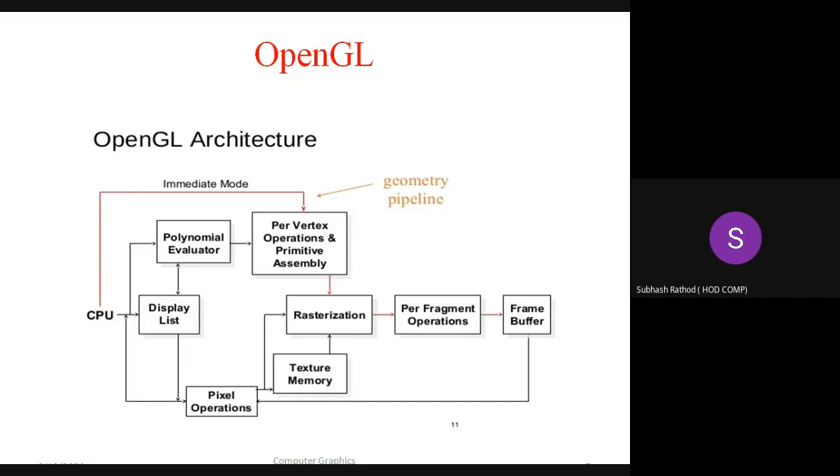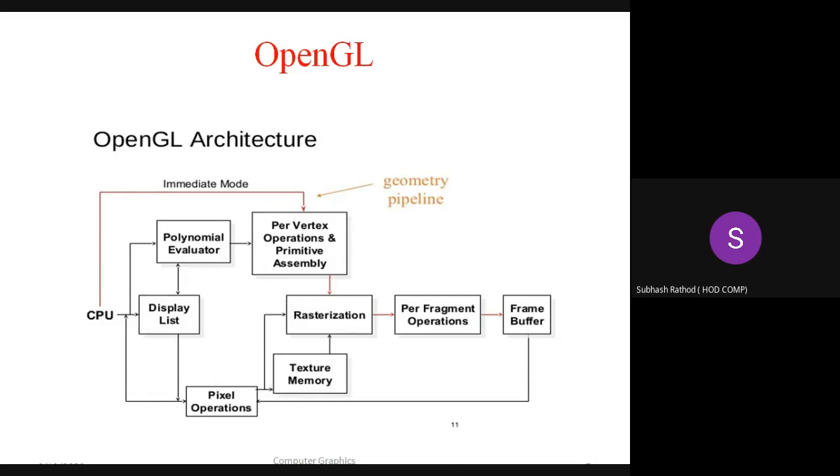CPU, you know what a CPU is. As you can see, it is a processing unit which is responsible for accepting the input. Here one of the components is the evaluator. Sometimes it is called the polynomial evaluator. You know what polynomial means, it is not linear. Though it is mentioned as polynomial, it is responsible for polynomial as well as linear evaluation. You understood the meaning of the evaluator.